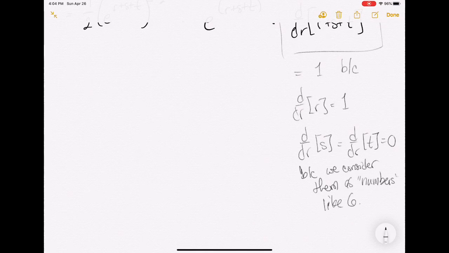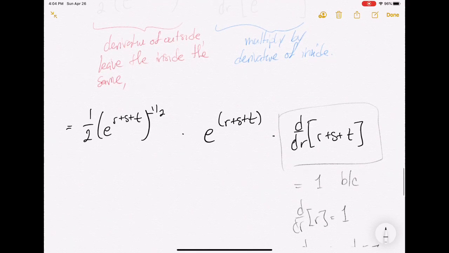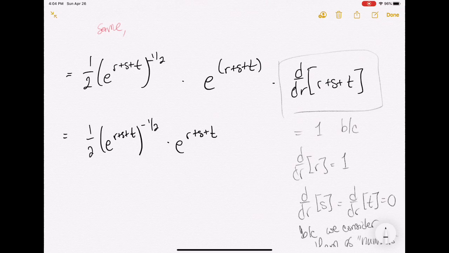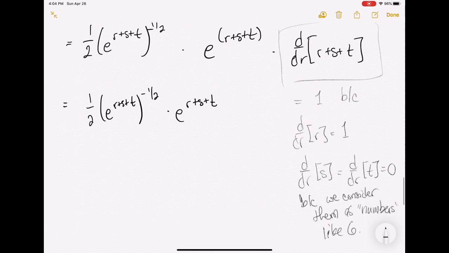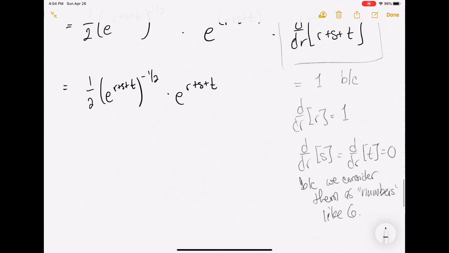Like 6. 6 is a good number. Okay, so that's actually equal to 1. And so what do we get as our answer? We get 1/2 e to the r plus s plus t to the minus 1/2 times e to the r plus s plus t. So what happens there is this doesn't quite look like our answer yet, but we notice